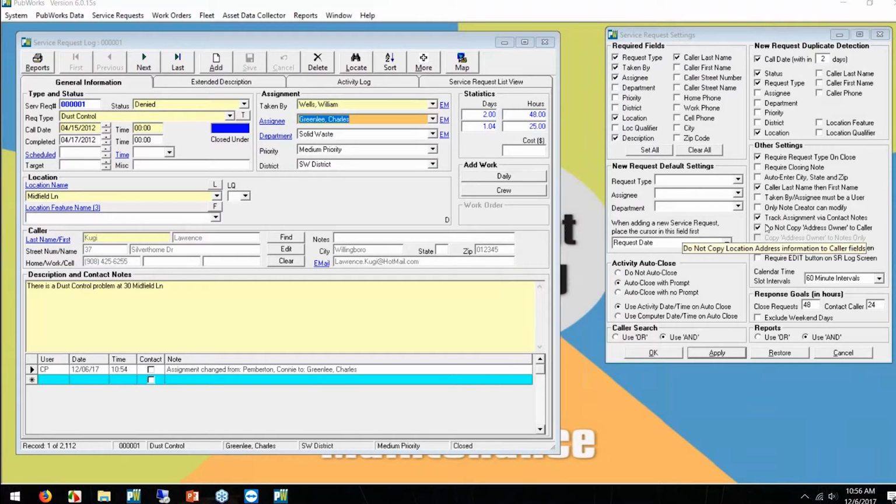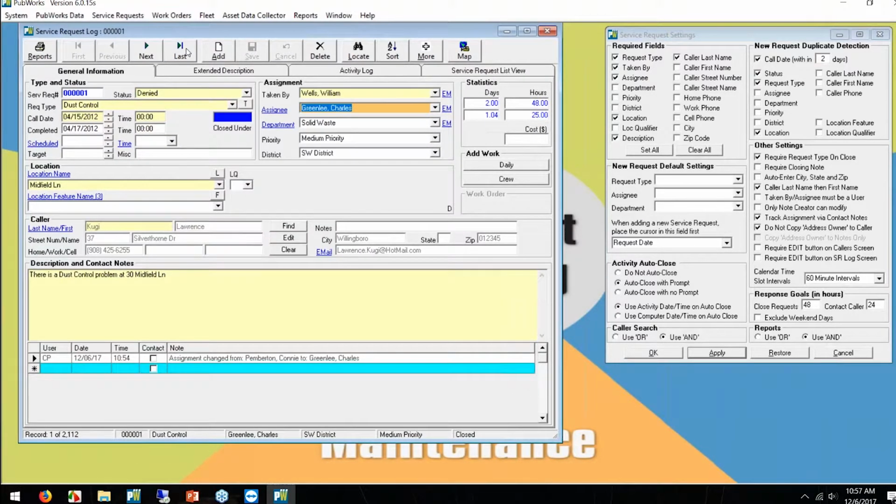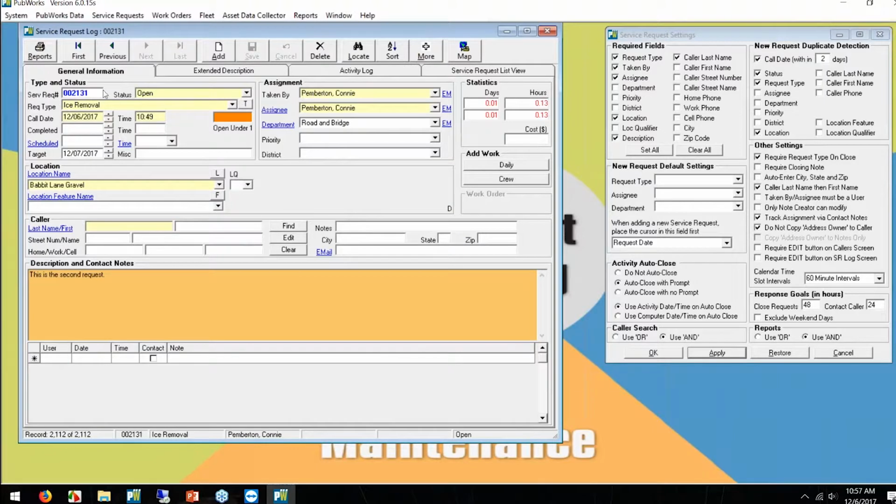Now, another thing that I want to show you is this activity auto close. A lot of people will log work on a service request. For example, let me find an open request. So I've got this ice removal request that we've just created, and I'm going to log work on it. To log work on a service request, one of the easiest ways you can do it is to click this Add Work button under Daily Activities,